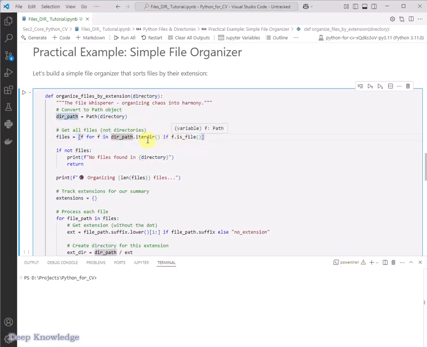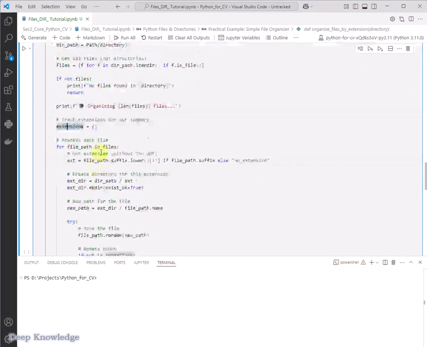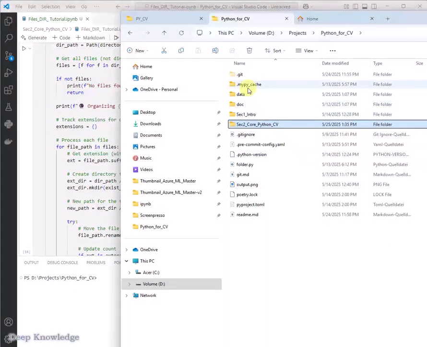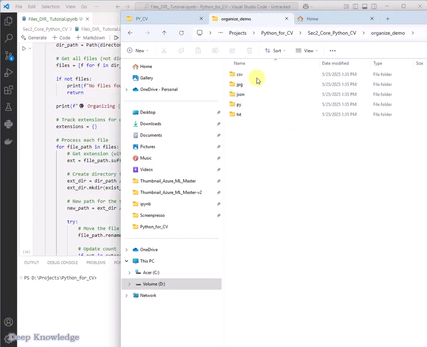If it's not a file, it will just skip. If the file is not in the directory, return. Then get the extension from these files, and you can see I have here these files. Let's run this code and make it really clear. So now you can see I have